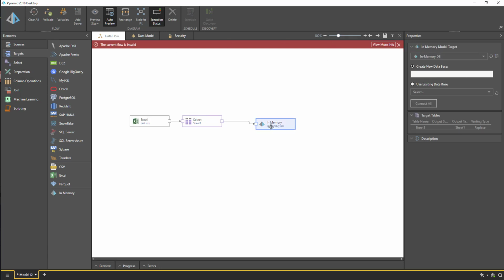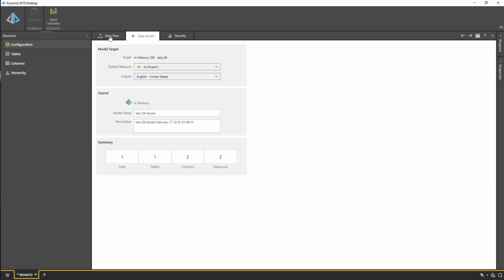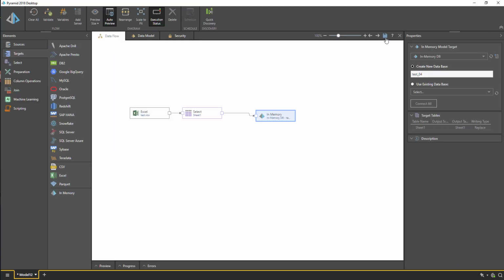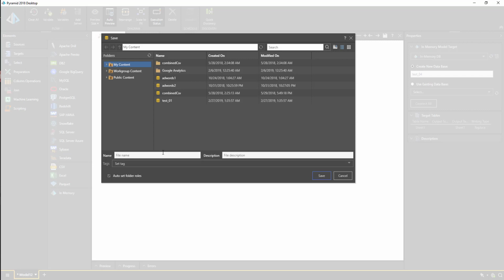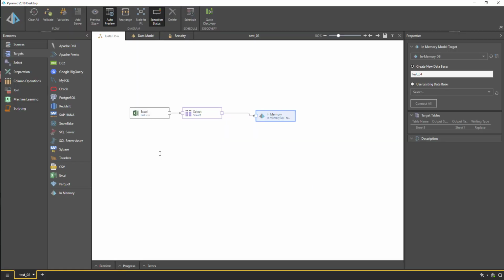So the reason being in this case is that we haven't named our database. So we're going to name it test 04. If we try validate, it's all good. The next step is to look at the data model and make sure it's all okay. It's good. We click save, name it test 02, some crazy naming convention here, and finally we're going to build